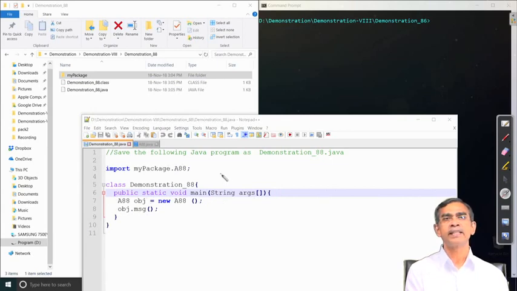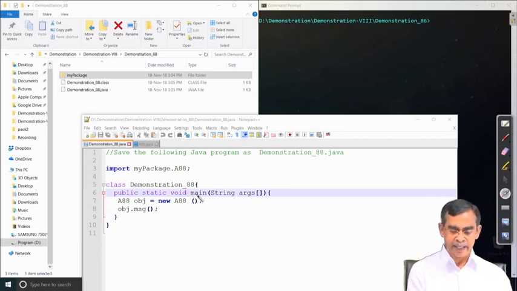Now, here we can see after importing this A88, it is as if it is our own class. So, we can create an object obj, for example, for the class A88, as if A88 is declared in this class. So, A88 can be accessed explicitly as if the class belonging to the package looks like the programmer's own class. So, a package gives access so easily to the programmer.